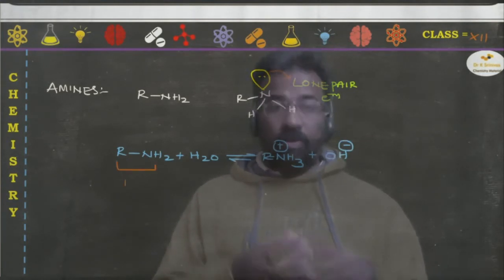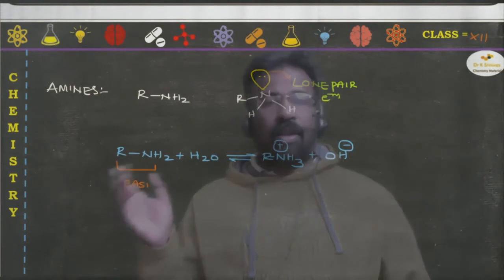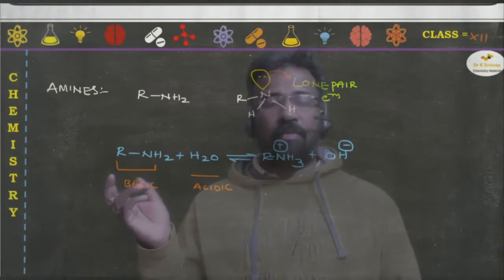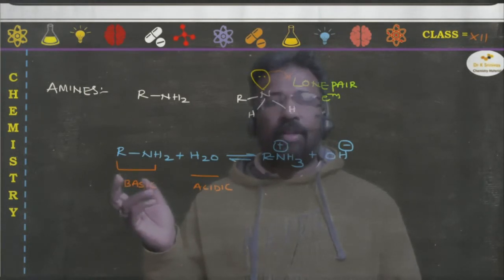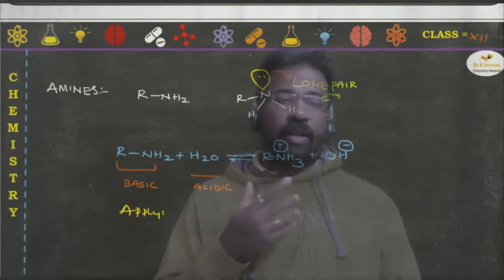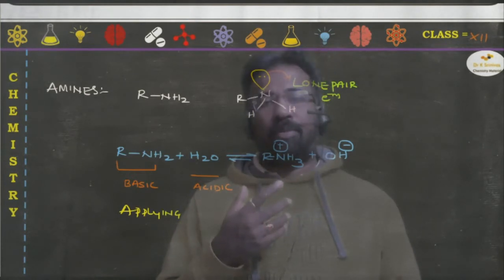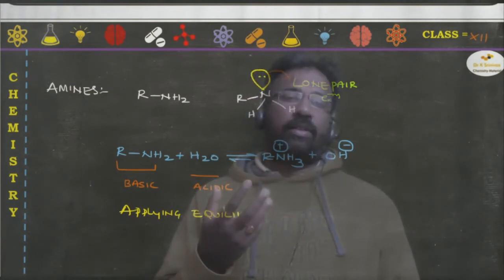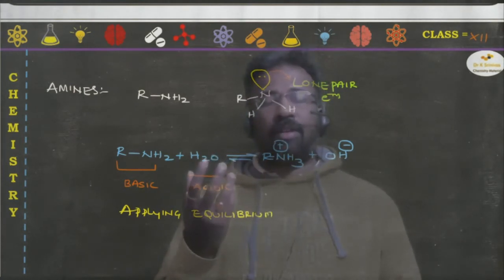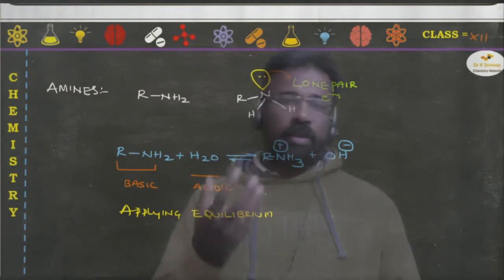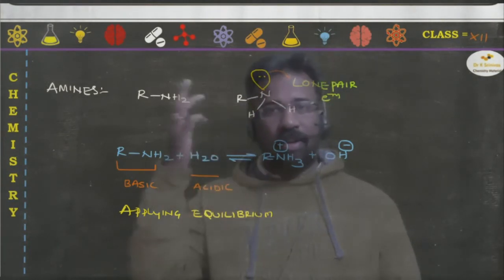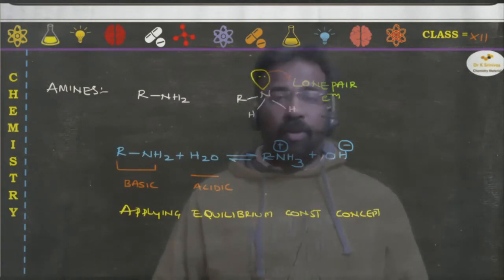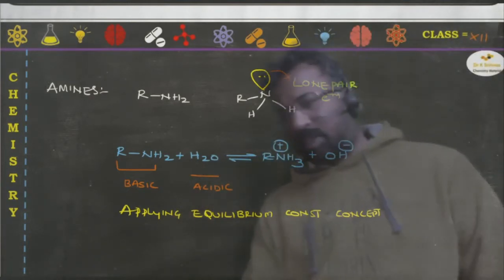Now, when you compare these amines with the water molecule, the amines act as bases in nature, and we get the protonated amine derivative. Protonation is taking place. Here you can clearly check the reaction that it has an equilibrium. Whenever you have equilibrium, recall your class 11 topic, where we have the equilibrium constant, which is known as what?